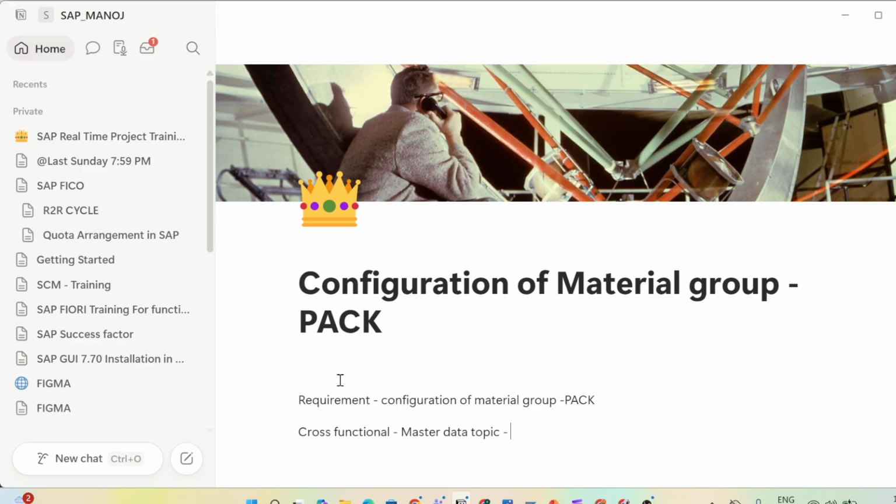It comes under the material master record, and under the material master record there is a material group.